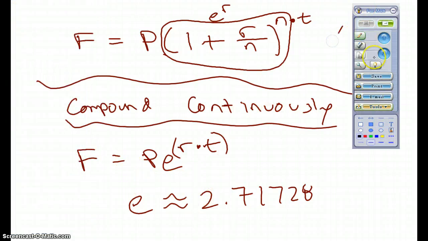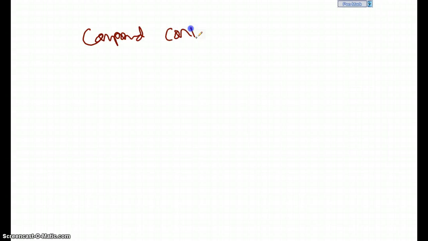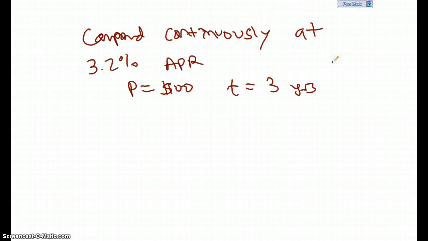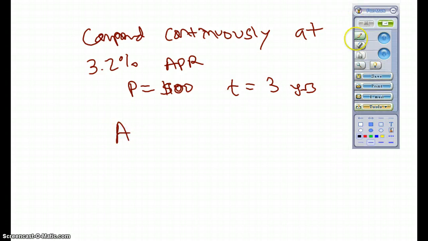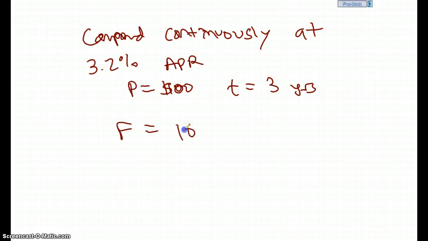But basically you'll notice that, for instance, if we would compound continuously at 3.2% APR for the starting value of $100 for 3 years, well, you might say that $100 is going to grow into a very, very large amount. Well, if we took our formula, the future value is equal to 100 times this number e raised to the r times t. We call it the PERT formula sometimes. And the rate is